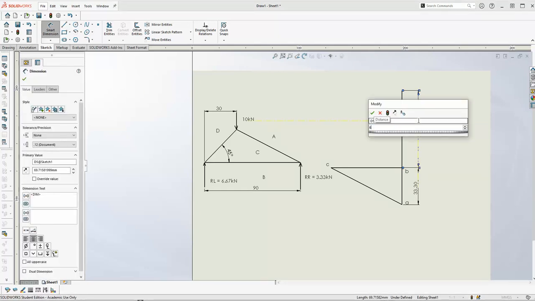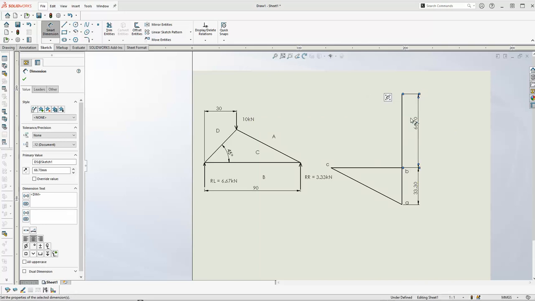So we'll go 66.7, isn't it? Okay, so now that represents this left reaction force, and then from there we know that we